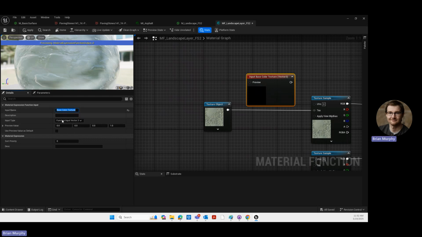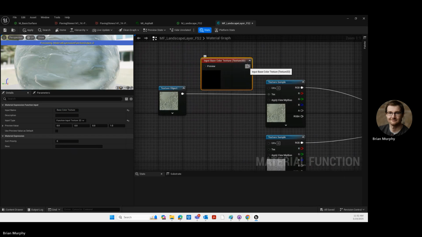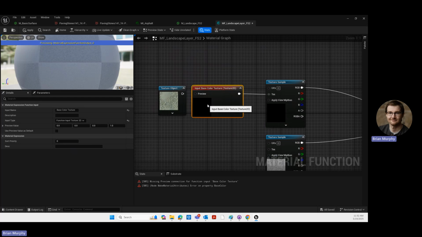And down here, we have this drop down where you see input type. Right now, it's saying vector 3, which is like a color, a position, rotation, direction, something like that. We can click on this drop down and come down here to where we see function input texture 2D. I'm going to take the result of this input and plug it into my base color texture